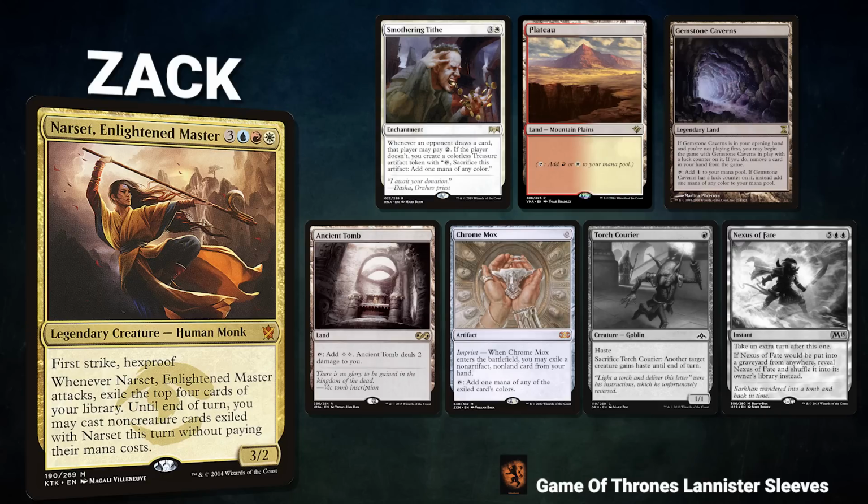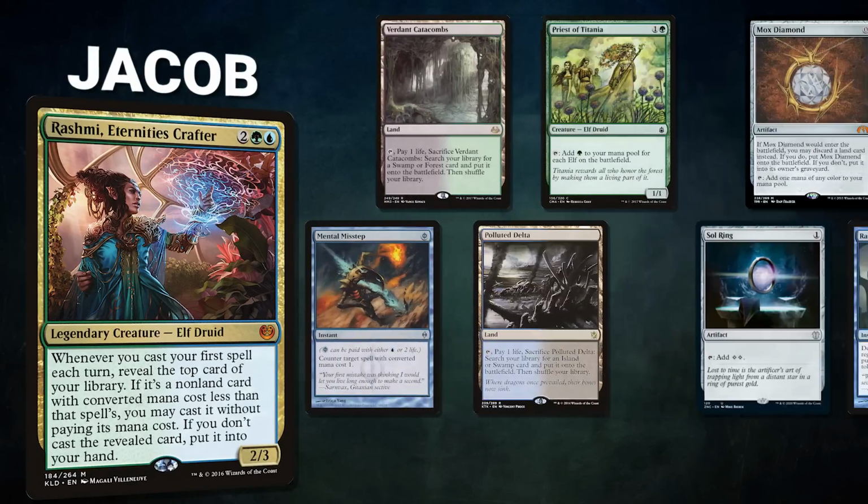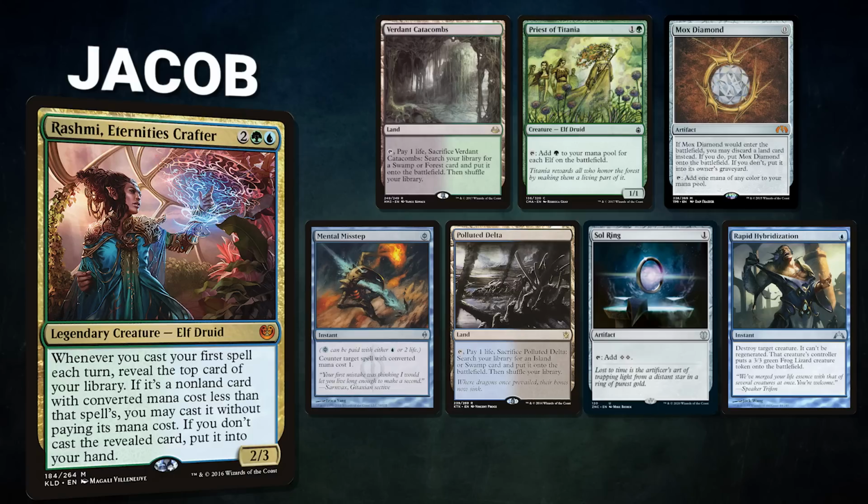and Nexus of Fate. Next, we have Jacob piloting Rashmi, Eternity's Crafter. This deck seeks to control the board while gaining card advantage through its commander, then win with a combo. Jacob's opening hand contains a Verdant Catacombs, Priest of Titania, Mox Diamond, Mental Misstep, Polluted Delta, Soul Ring, and a